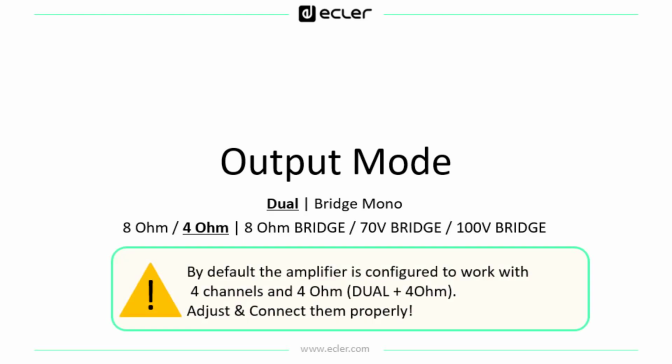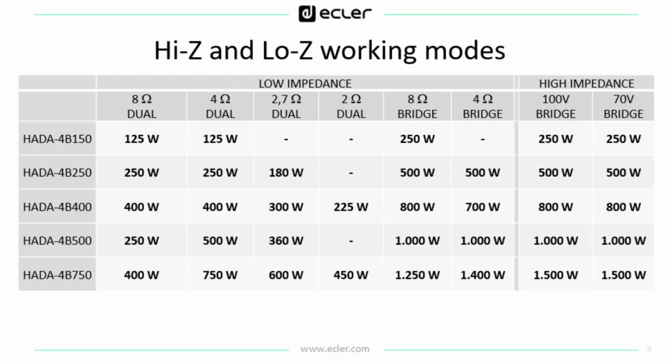This chapter explains the output mode. You have several output modes in HADA devices. By default, the device is configured as dual and 4 ohms in each of the 4 output channels. The amplifier will be able to deliver different power depending on the model, the configuration, the connected loads and the